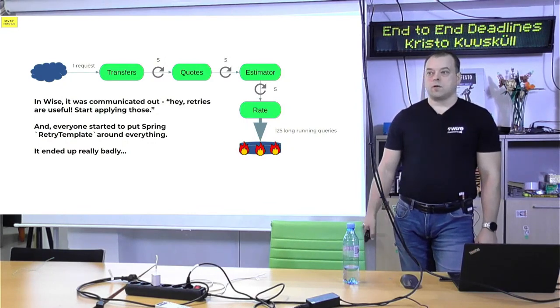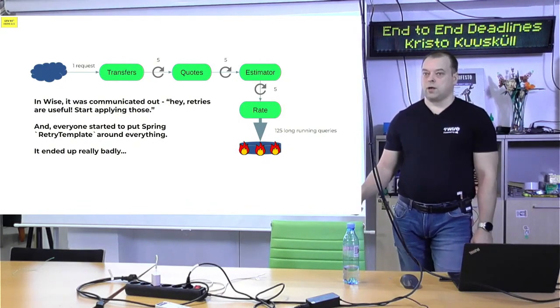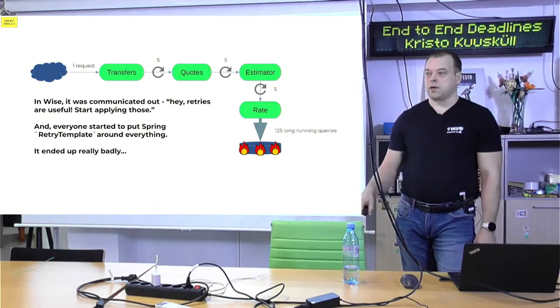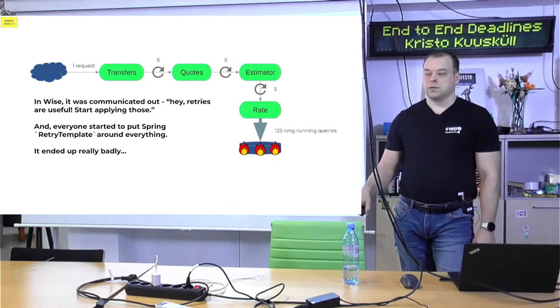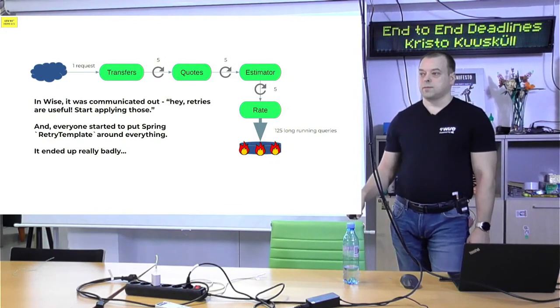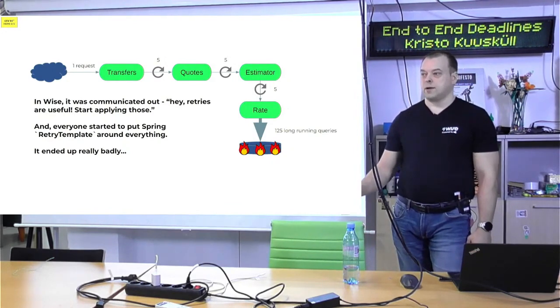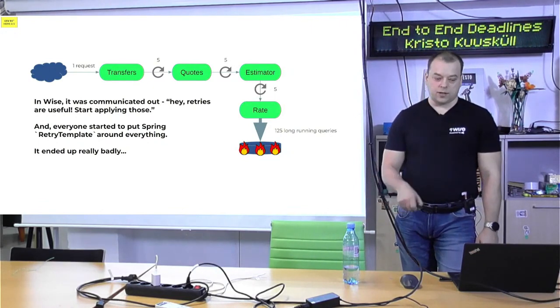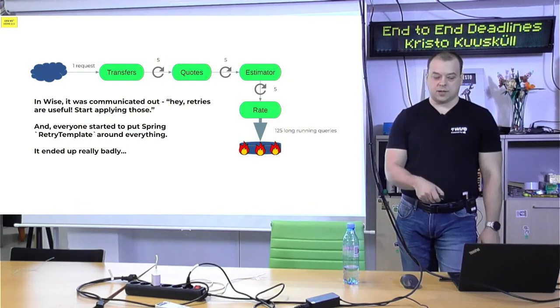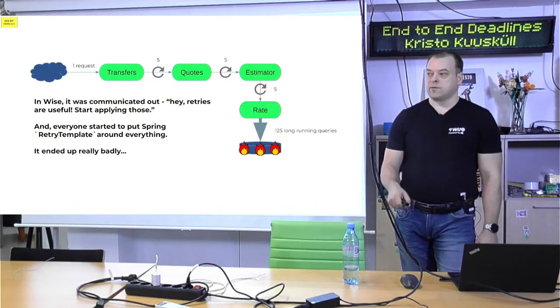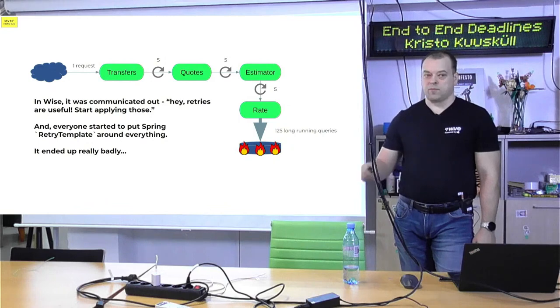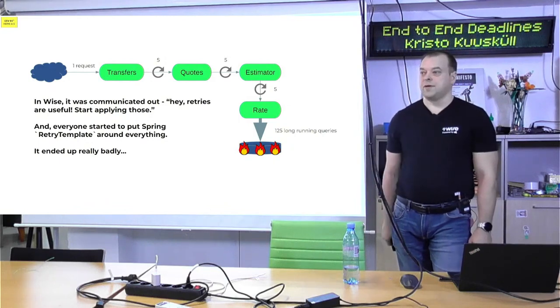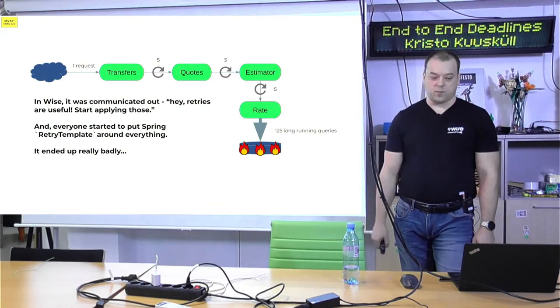So this query was running long, right? But every hop had a timeout, let's say 15 seconds. The query was running 5 minutes. After 15 seconds, a component checks: okay, I didn't get an answer in 15 seconds, so it's an error, I'm going to retry it. And now another query was running in the database. Again, a retry. But those retries didn't happen only in that one place at the end of the chain, every level was doing retries. So we got 5 times 5 times 5 retries happening at that end component.